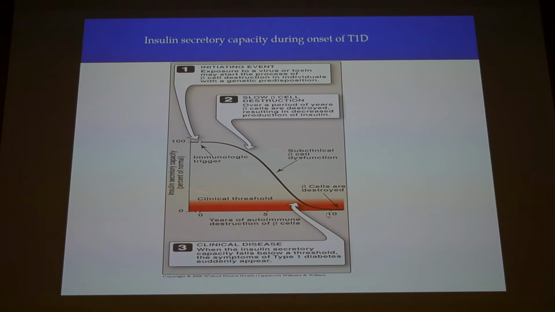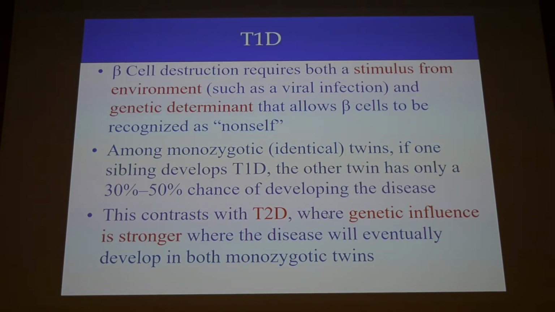You will see the symptoms when you have 10 to 20% of the beta cells left; this is when the symptoms appear. And it will take about 10 years from the start of the immunological trigger for the beta cells to be completely destroyed. Okay? And these patients, they don't have beta cells, so you have to give them insulin. This is type 1. They are usually diagnosed early in life, childhood or puberty. The patient will come to the ER, probably he had a flu or something, and he has severe signs of diabetes. What are the signs and symptoms of diabetes?